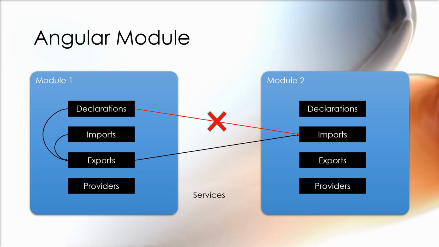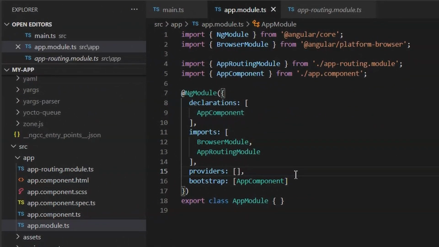Lastly, providers can hold the definition of services. Services will be discussed in a later video in detail, but right now you just have to know that services are that layer of your code which only holds the business logic and doesn't have a direct relationship with the UI. Generally, services are globally scoped, but you can also choose certain services to be specific to a module, and that can be controlled using the providers. Now that we have a basic understanding of the different configurations of a module, let's actually have a look at the code.